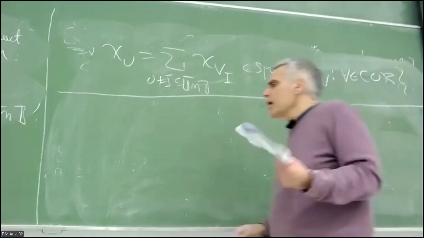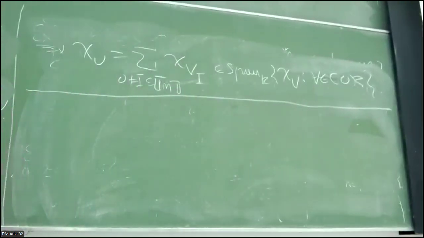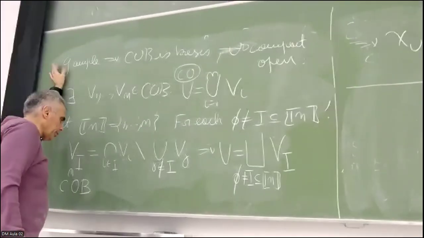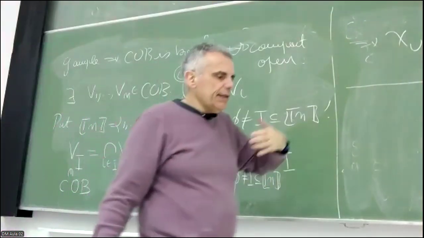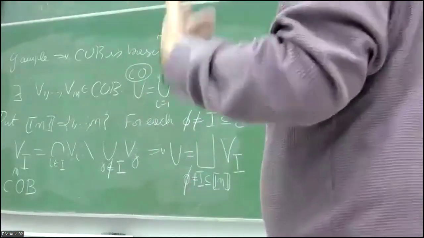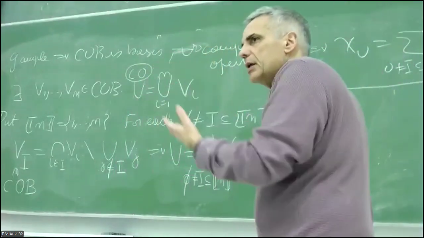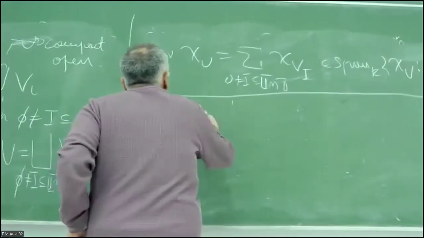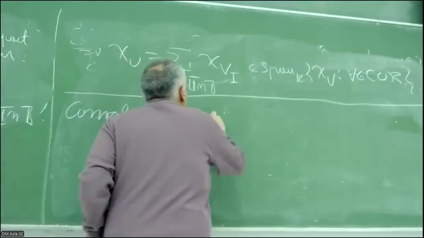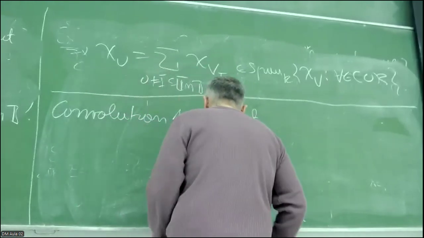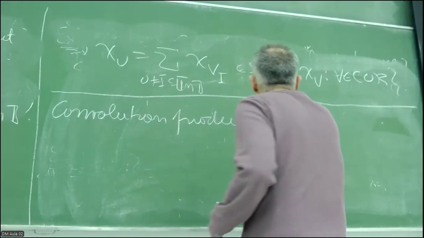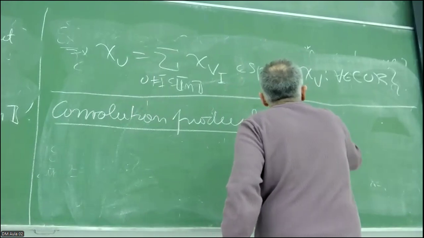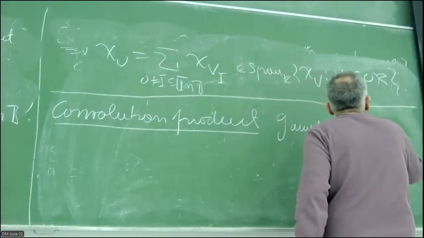CC of a space is just a K-module. And in the case when the space is an ample groupoid, the groupoid has a product. And so we want to use this product to make CC of G into an algebra. And this is achieved using the convolution product. Okay, so suppose that G is ample, and take phi and psi in CCG,